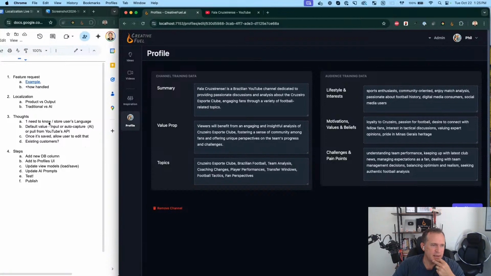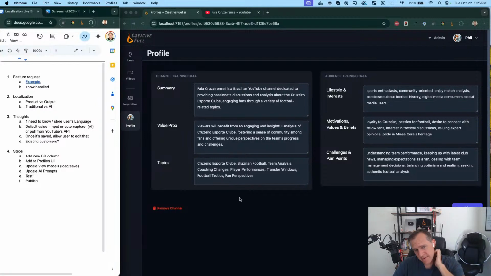So let's see. A couple things to think through. If we add this new setting, I'm thinking of just throwing a label and a drop down at the bottom of the profile here, where they'll pick the language from the drop down list. For the default value, probably for today, we'll just default it to English and the user can change it.